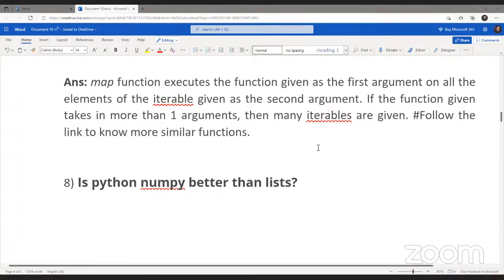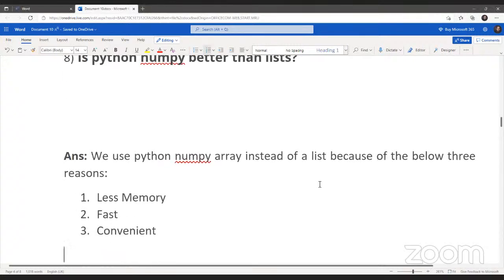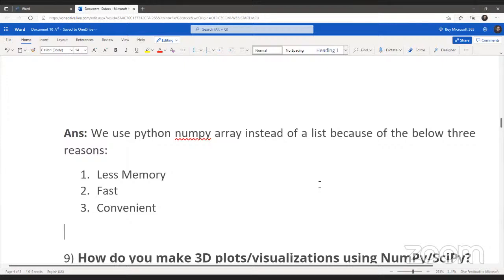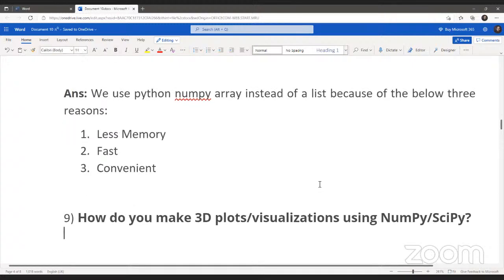Now, as we look into this, is Python NumPy better? We use NumPy arrays instead of lists for the following reasons: they use less memory, they are very fast, and they are very convenient. So we use NumPy arrays instead of lists. As we jump to the next question,